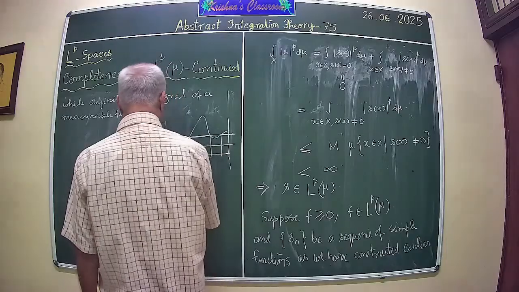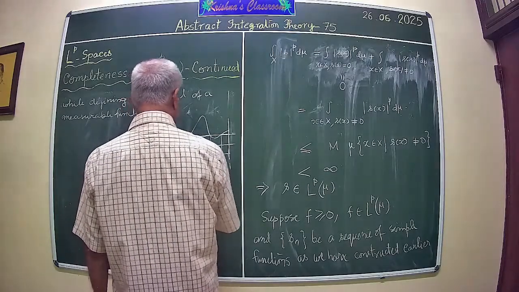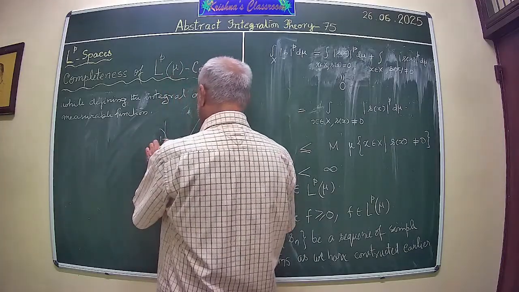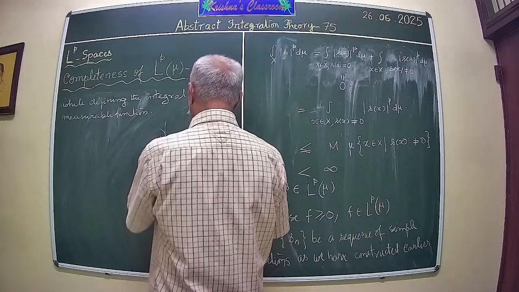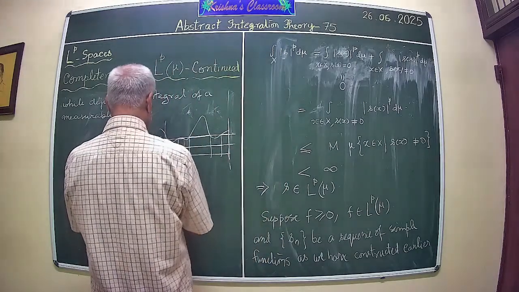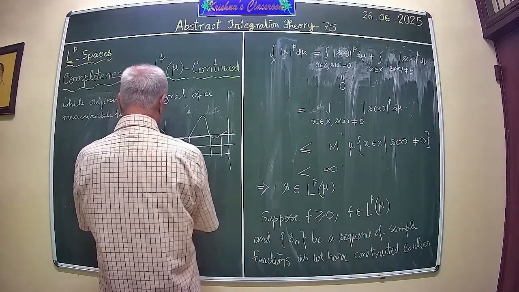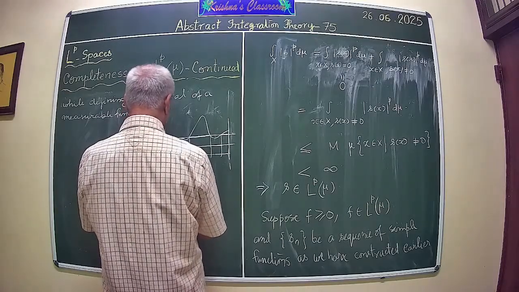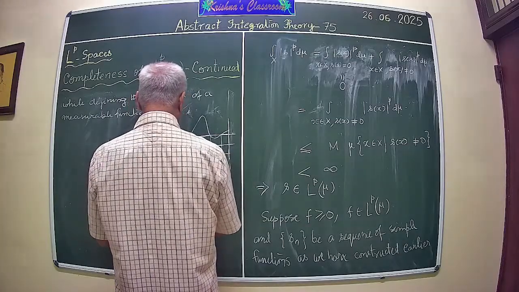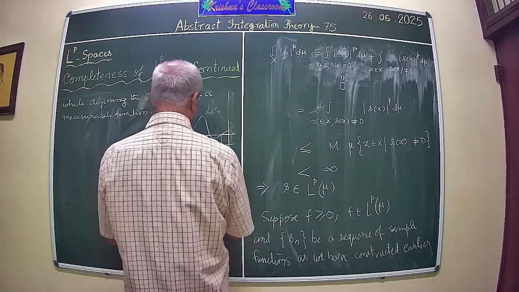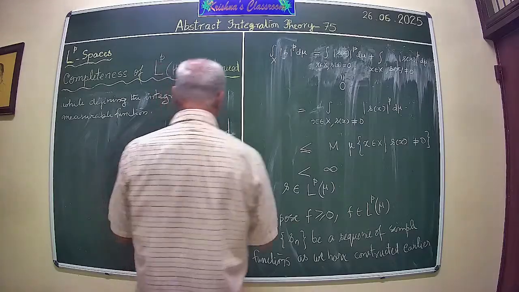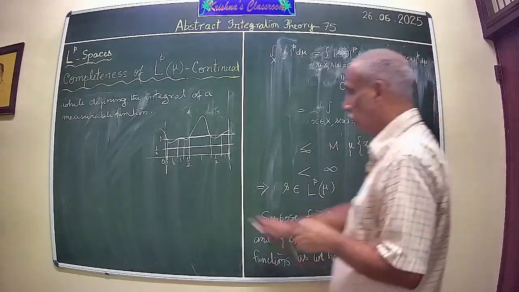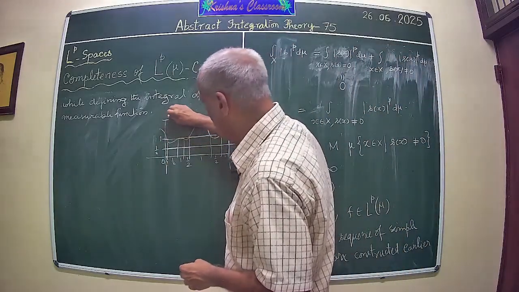So you see it's half here, it's half here, and so you have now a simple function defined as 0 here, half here, 0 here. So it is 0 here, 1 here, half here, 1 here, half here, 1 here, half here, 1 here. This is how the function is defined. That is f1. Then f2, you go to the next level, that is up to 2.